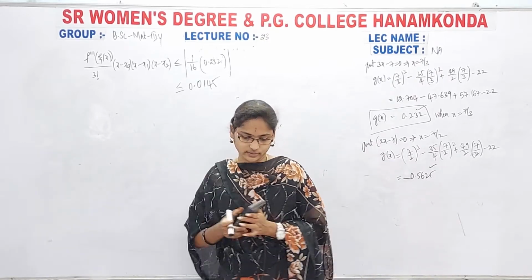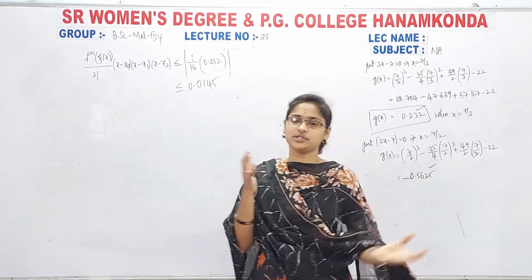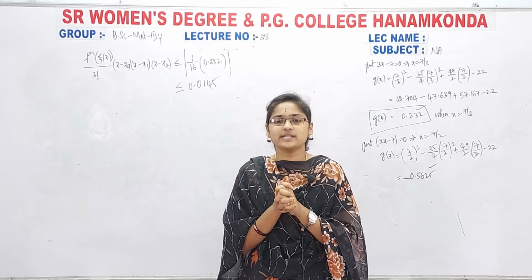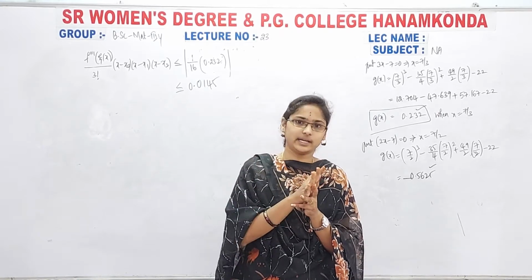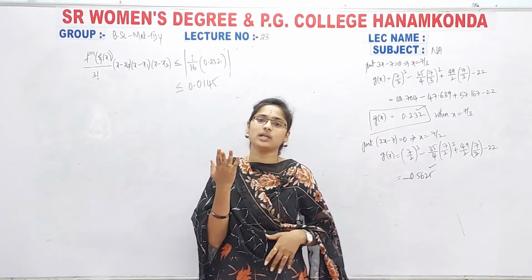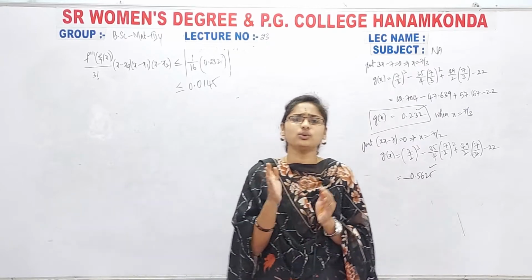Actually now you will get the doubt, ma'am, why is all this? Nothing serious here, they are just giving one problem. Okay, so by taking that problem we are calculating the exact value also, like you know f of 3 we calculated, and by using the polynomial equation also we calculated, just to know the errors.